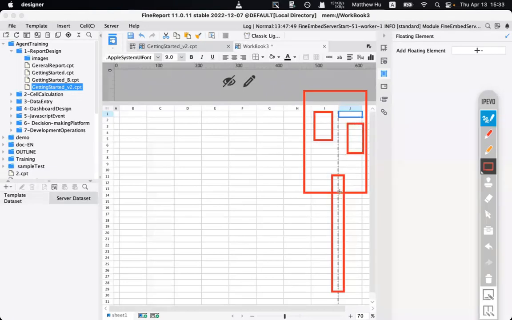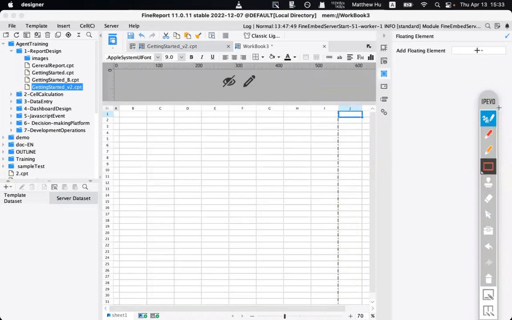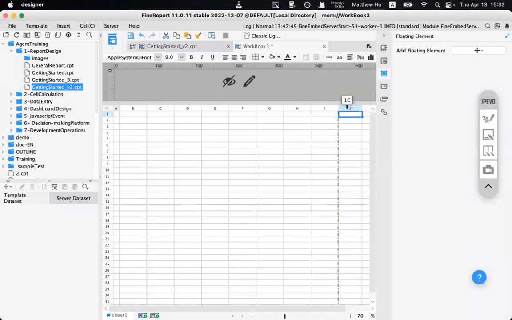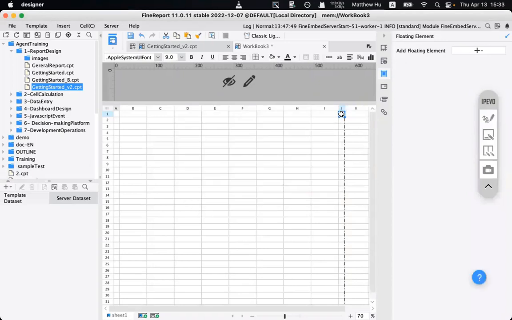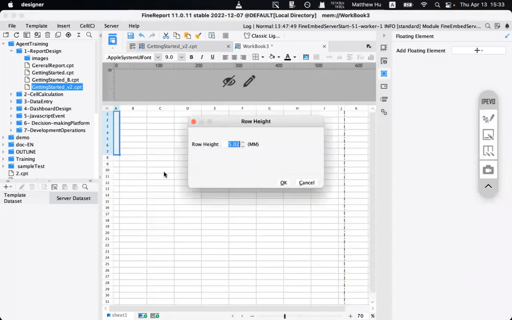So this dotted line is something you can use to distinguish where this information will appear. I'm gonna change this width to 5 as well, so I think they will go to page number 1. Then I will choose rows 1 to 6 and make the row height 5